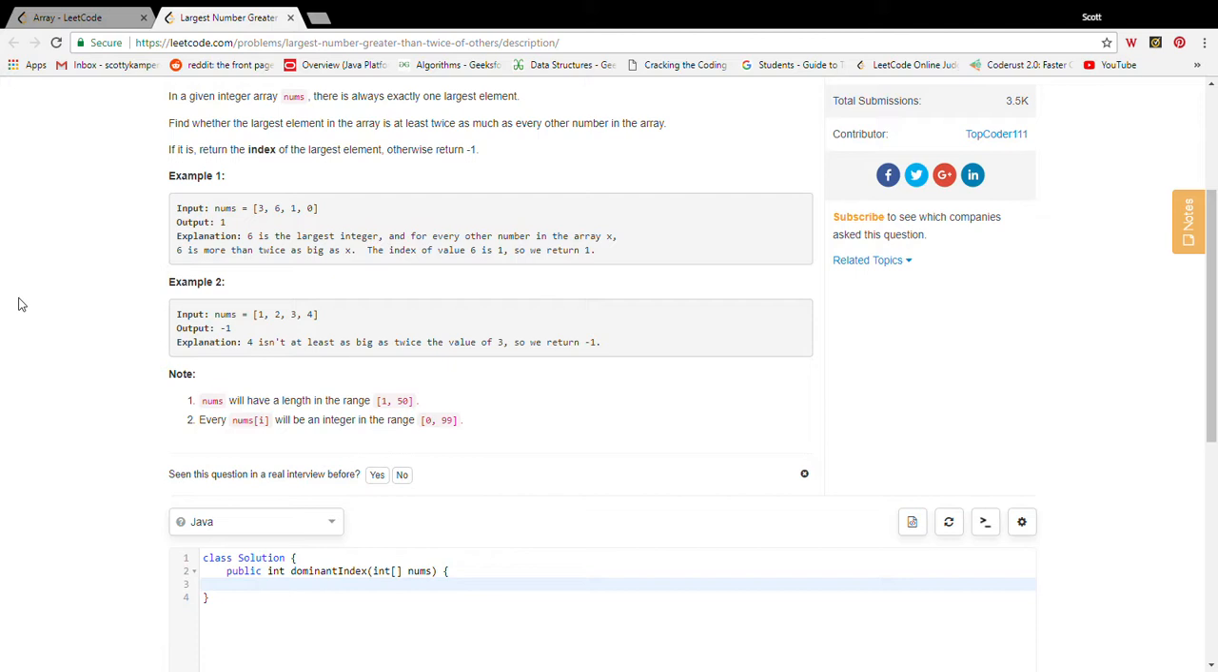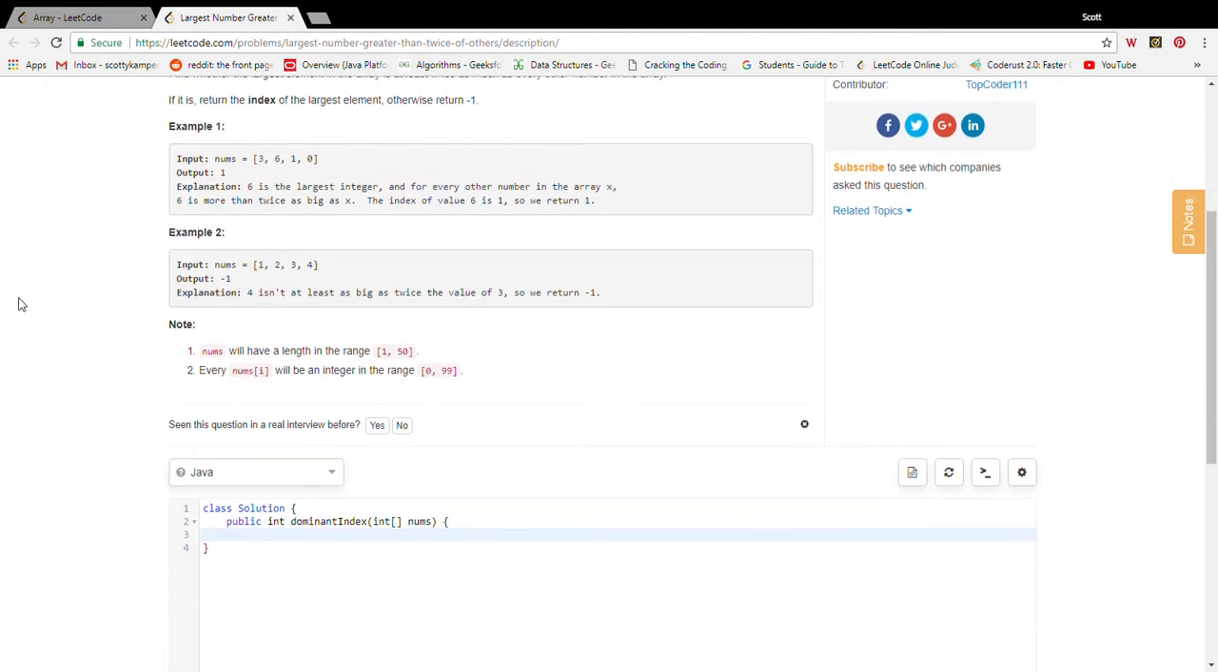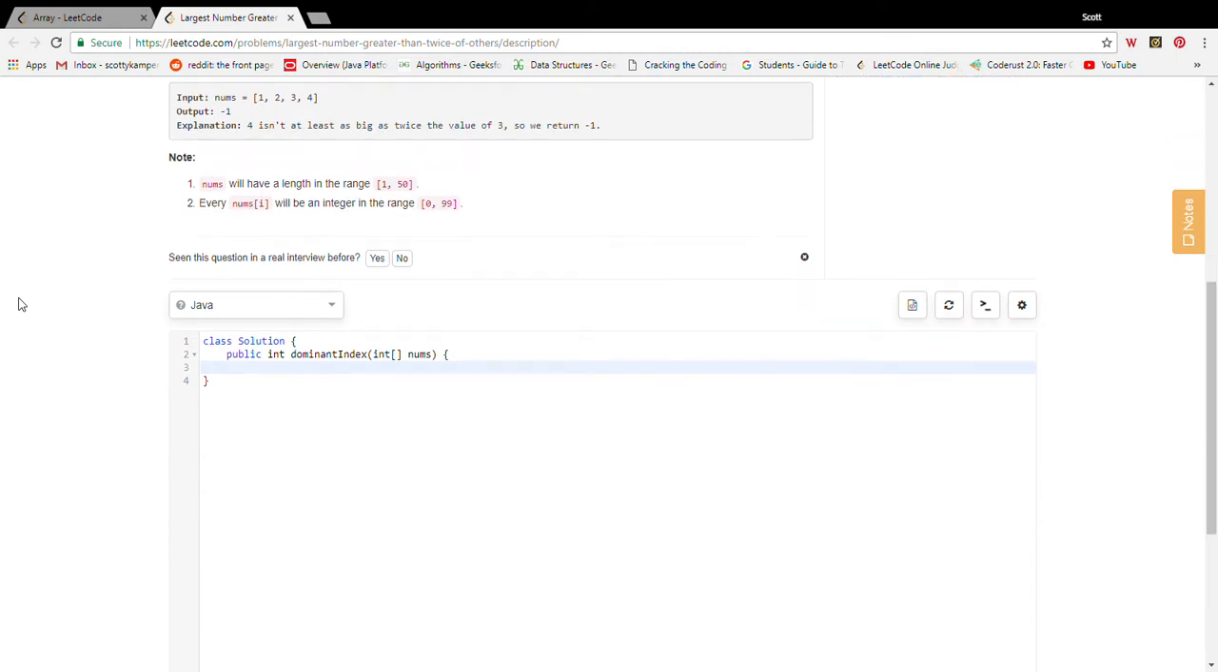We've got an array, nums. There is always exactly one largest element. We need to find if that largest element is at least twice as much as every other number in the array. Pretty straightforward and simple. So the trick here, it's not really even a trick, but what makes your solution better than other possible solutions is if you can do it in one pass through the array,